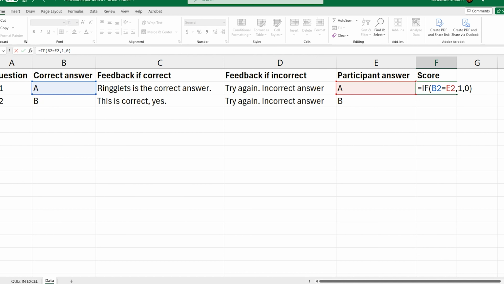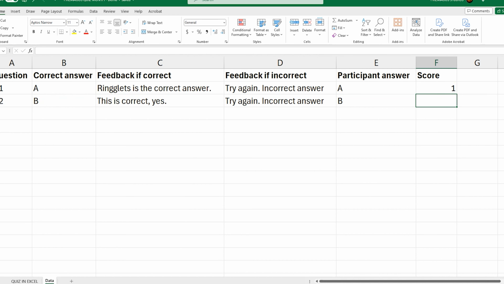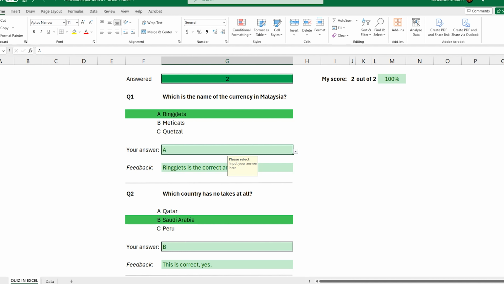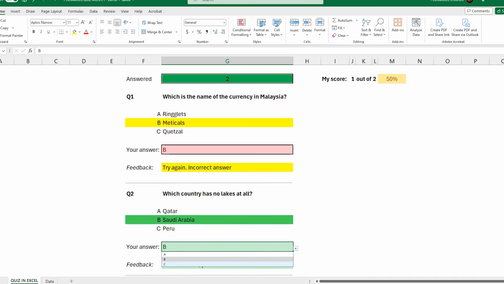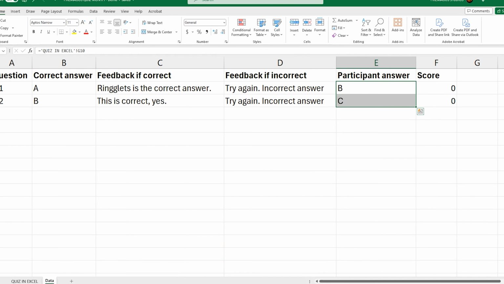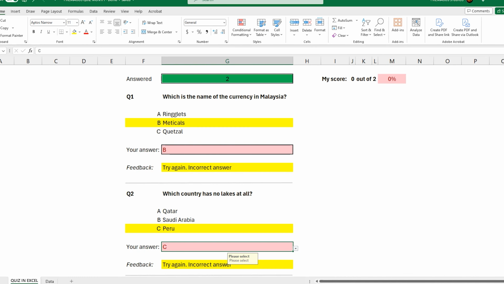Close parentheses and hit enter. And we can also drag it for the second one. Now we have AB with AB, which is correct. But if we change it into, let's say, BC, which are not correct, it's going to show 0 for both. So our function is working correctly.